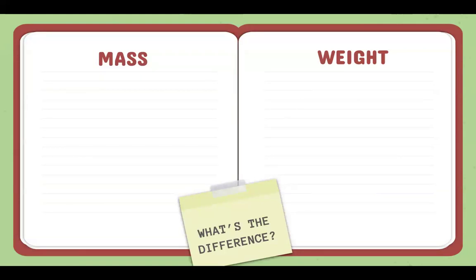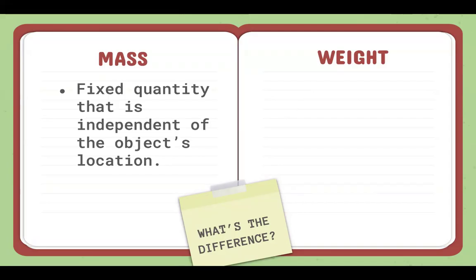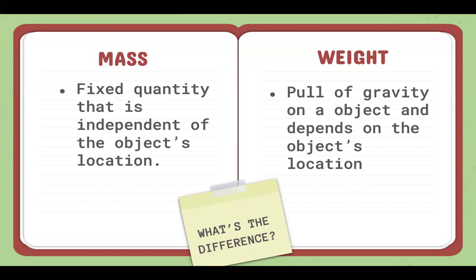So these are mostly used interchangeably sometimes, but in chemistry and physics, they have a difference. Mass is a fixed quantity, not dependent on the object's location. Wherever you are, your mass will be the same. But weight has something to do with the pull of gravity on the object, depending on the location. So your mass on the moon is the same as on Earth, but your weight on the moon is different from